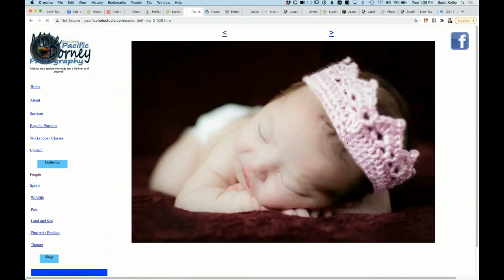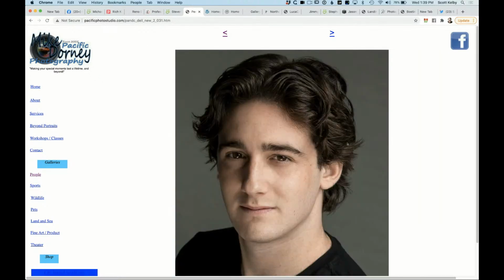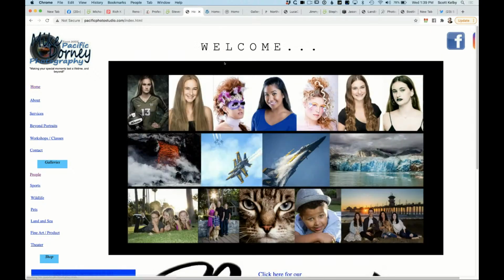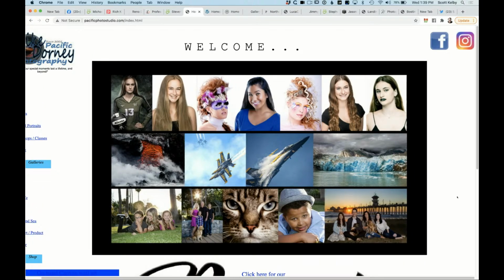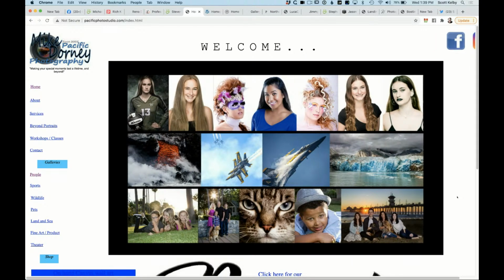But it's just very cluttered. And even that random huge Facebook icon in the corner. And you can't even get to the Instagram one. You have to scroll over to the side. It doesn't resize to fit. It's time for a modern, clean